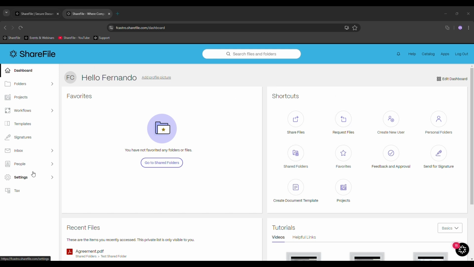That means that I have access to almost all the options that are in ShareFile. If you are missing options in here, that is going to be the reason. First of all, your company may be part of a different plan, and also your administrator could have restricted the accesses that you have within the ShareFile tool.